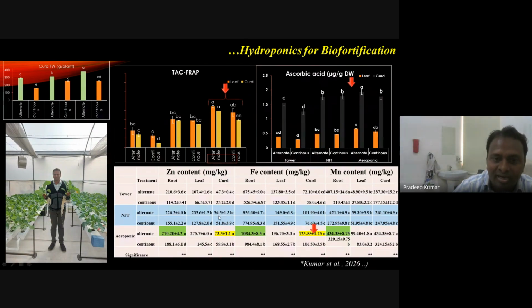So around 25 to 30% more zinc content is simply by using this technique. And likewise, iron content also increased from 100 to 123. And also ascorbic acid and total antioxidant. So everything, quality parameters also were analyzed, including nitrate content, that was under the limit, because nitrate